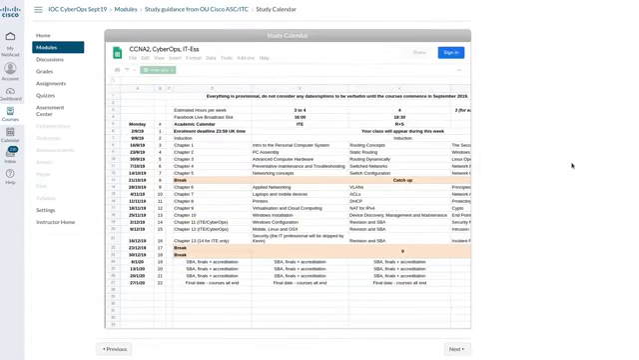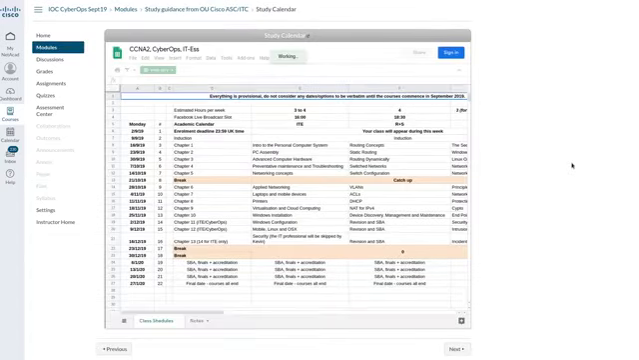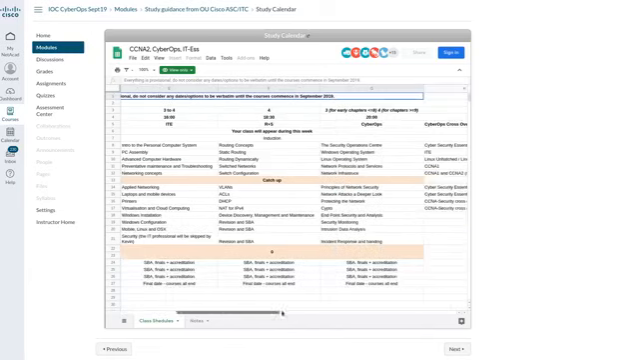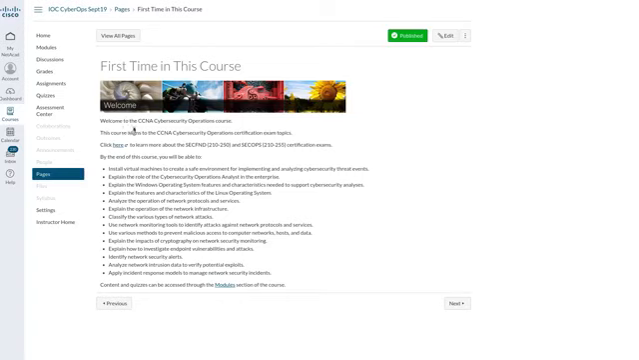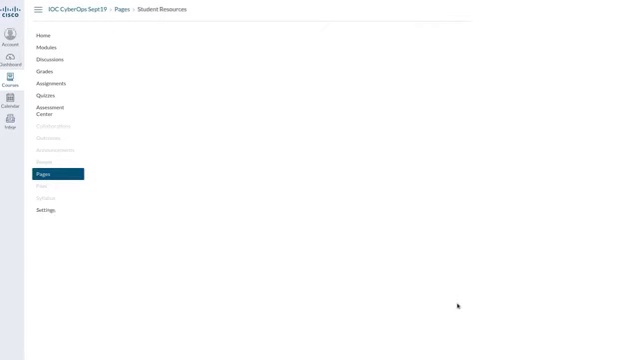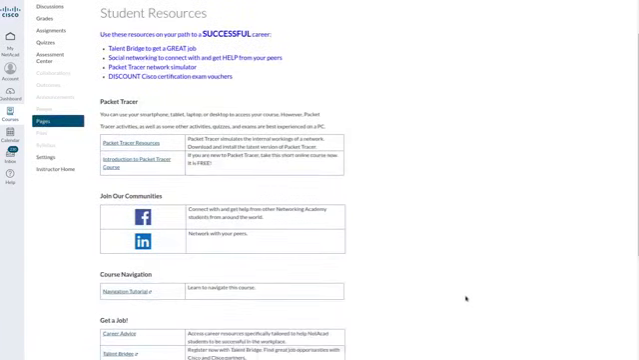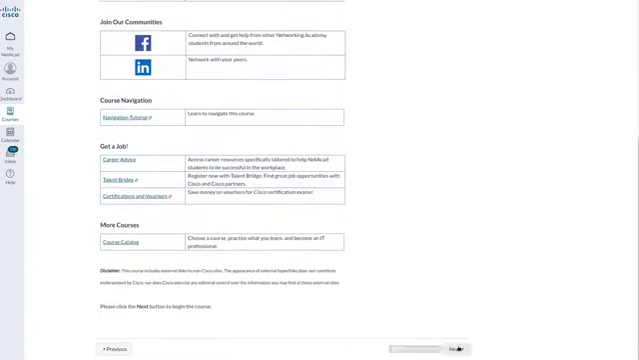So, theory final exam, skills-based assessment, and away you go. Okay, we have the study calendar, and if I click next one more time, we have some information regarding your first time in the course. Worth having a quick look through that. I'll skip through the next page and it should take us on to,